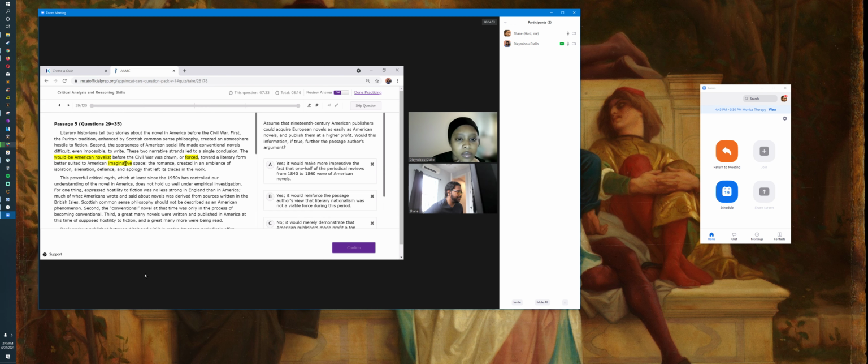There's two narratives about how a person who wanted to write a novel before the Civil War would write a novel. One, they're saying there's the Puritan tradition that created an atmosphere hostile to fiction, aka hostile to writing novels. And secondly, American social life made conventional novels difficult, even impossible to write. So basically, they're just saying